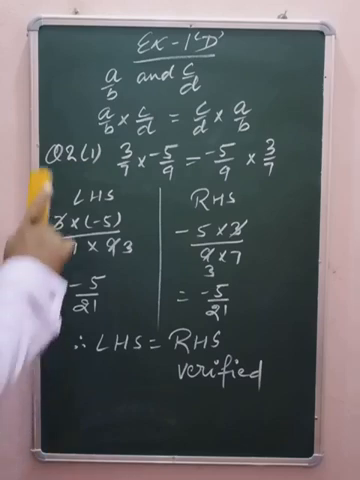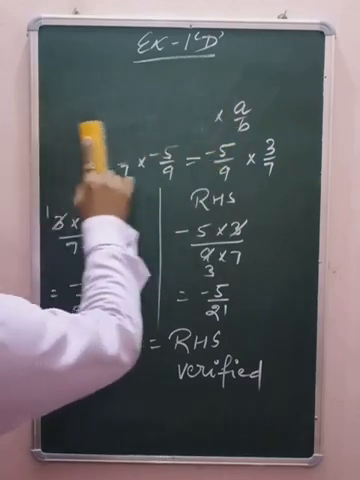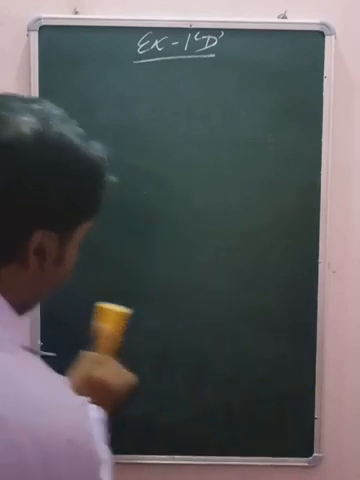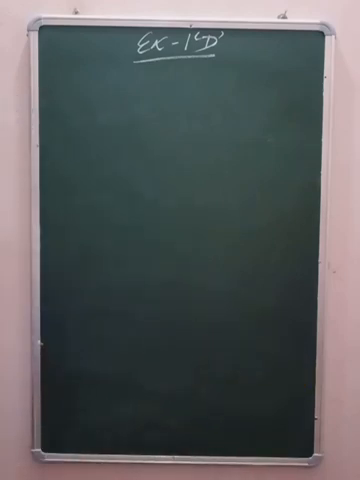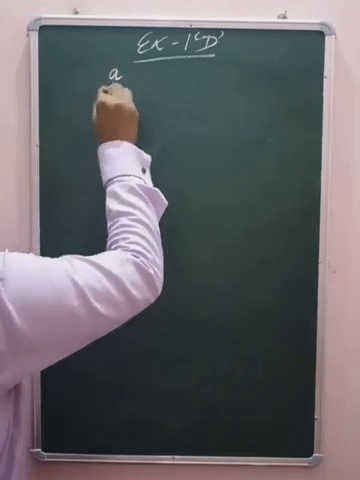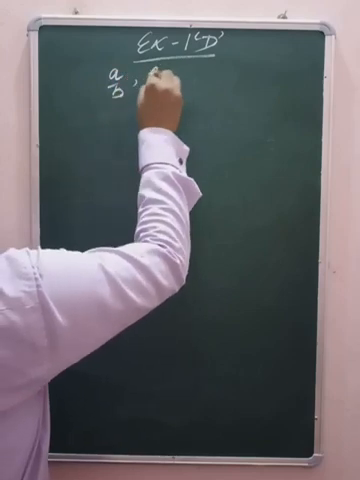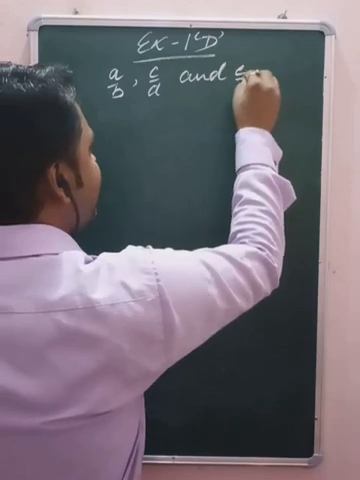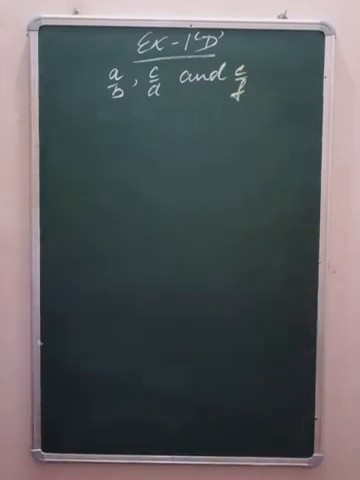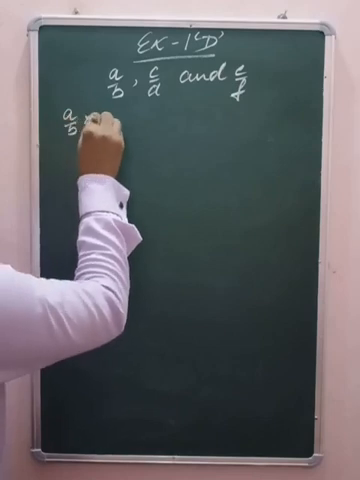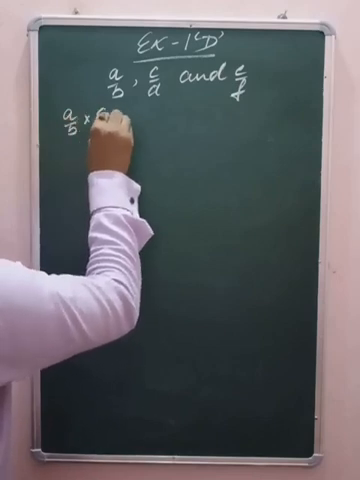Now coming to question number 3. In question number 3 we have to prove associative law. So firstly let's discuss what the associative law is. Suppose that we have been given any three rational numbers like a by b, c by d and e by f. Associative law states that if we multiply these rational numbers in any sequence like this, firstly we do the